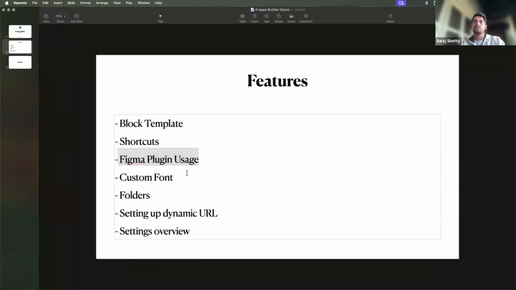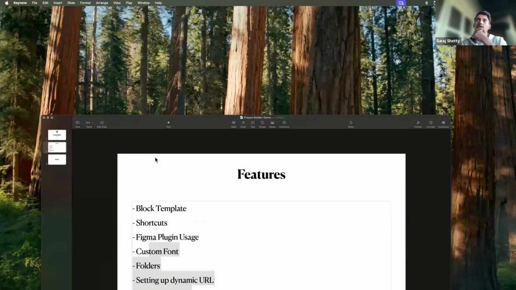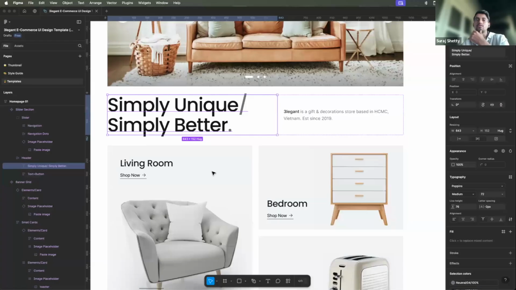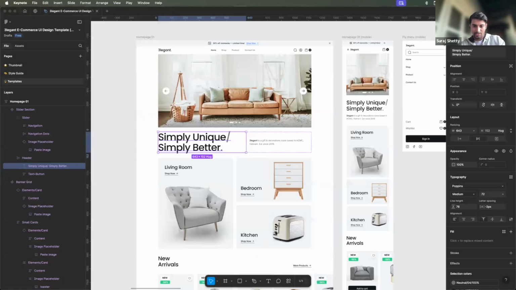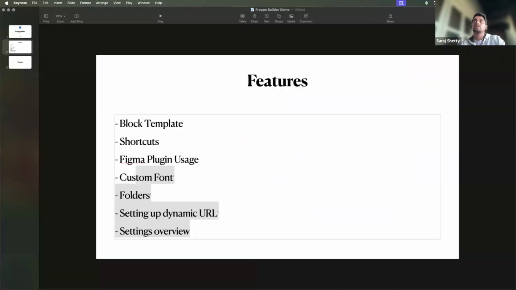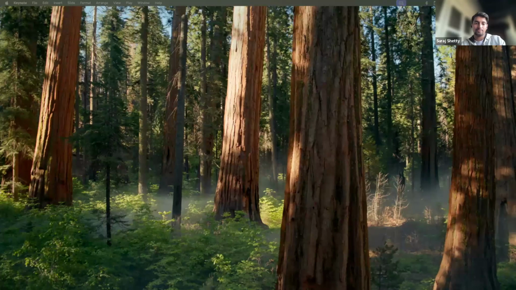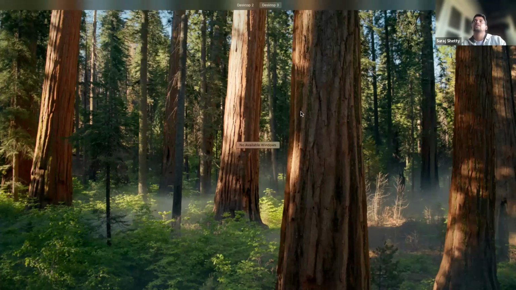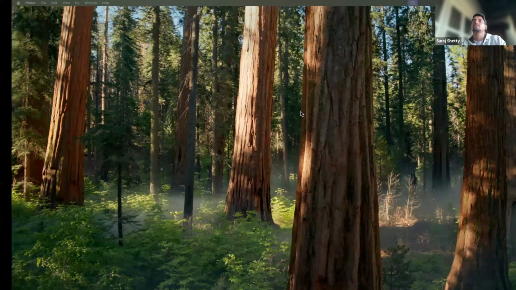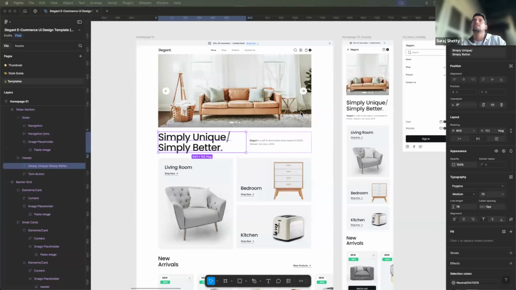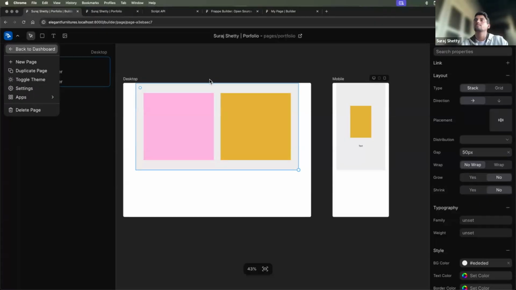So the next section is these are all the small features that were introduced. I'll go through them quickly. So, custom font support was recently added. So suppose